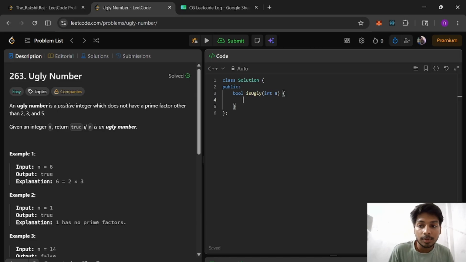An ugly number is a positive integer which does not have a prime factor other than 2, 3 and 5. Given an integer n, return true if n is an ugly number. So the question is clear here: we have been given an integer n and we have to find out whether it is an ugly number or not. An ugly number is a number that doesn't have a prime factor other than 2, 3